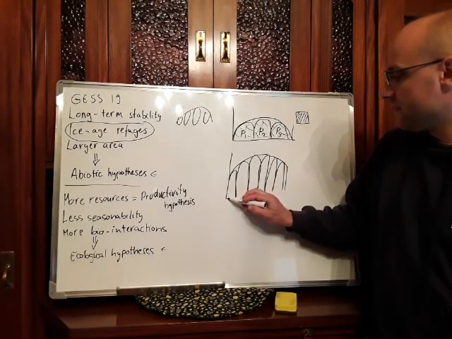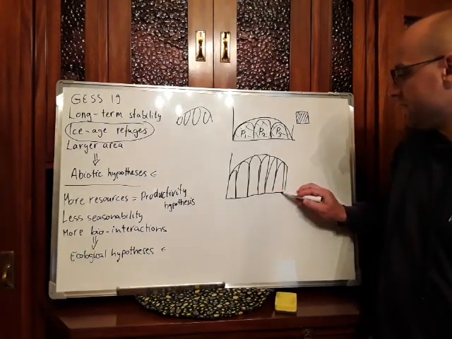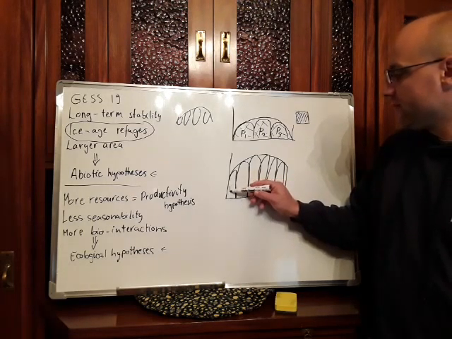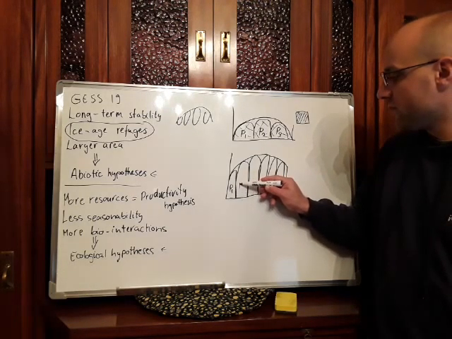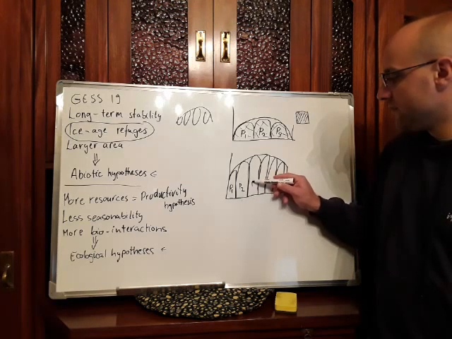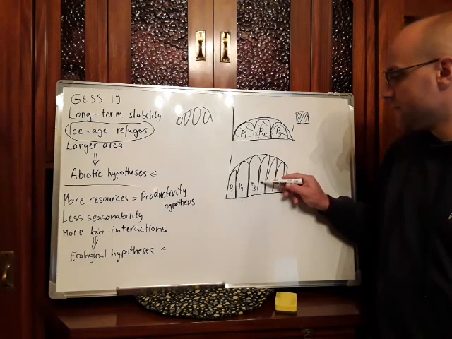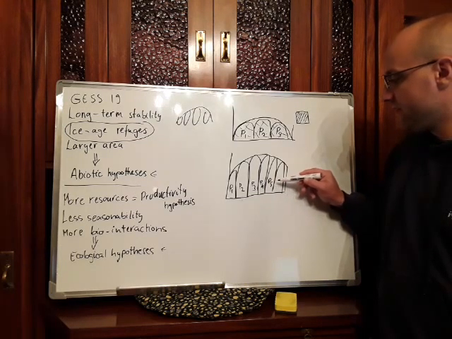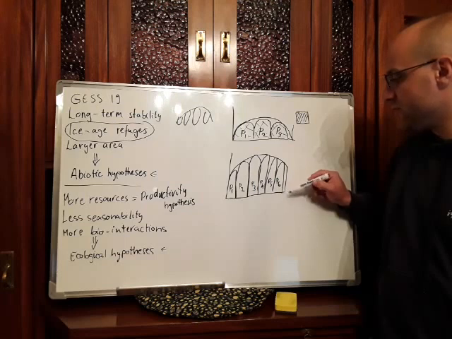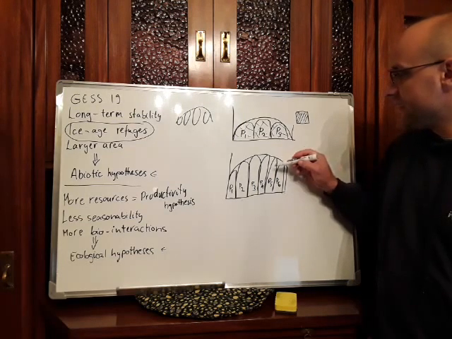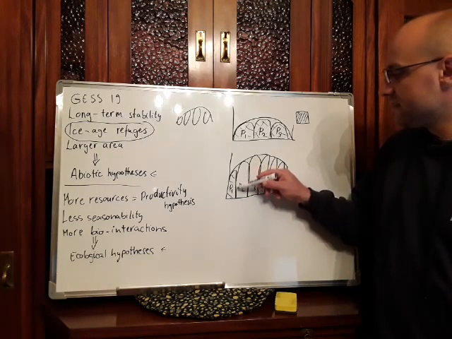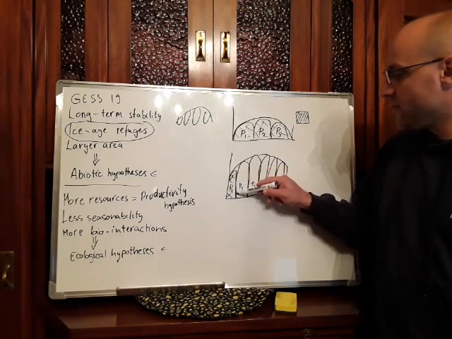Let me make it like this. And so what I would say that here we have population 1, population 2, P3, P4, P5, and P6, which would mean that in this case we'd have twice as many different species and their populations,